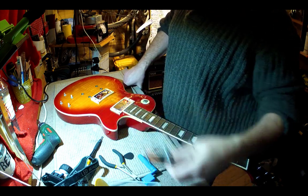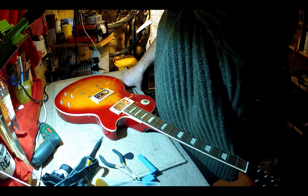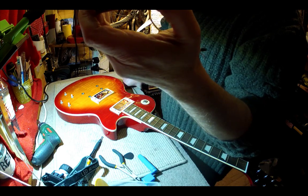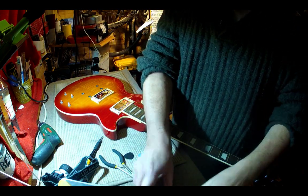I've got a Wilkinson neck pickup here. I've got one in gold, which isn't much help, and I've got an Ace Pro, and I don't know whether that's a bridge or a neck pickup, but I'm just going to hold them. The only problem with